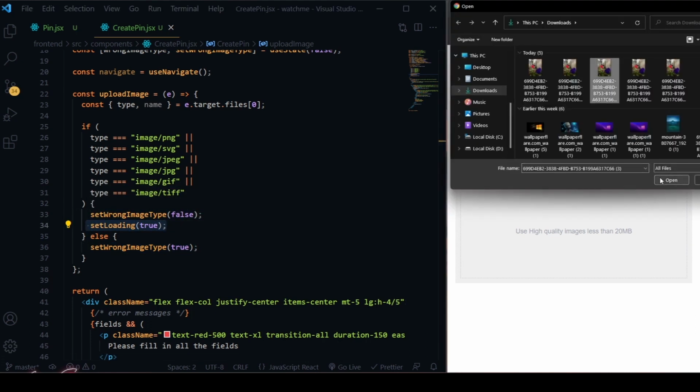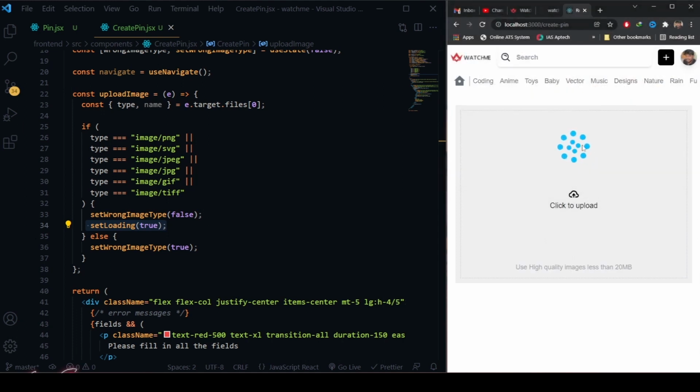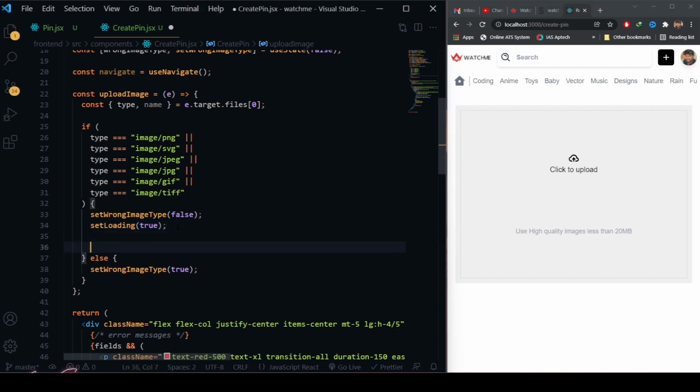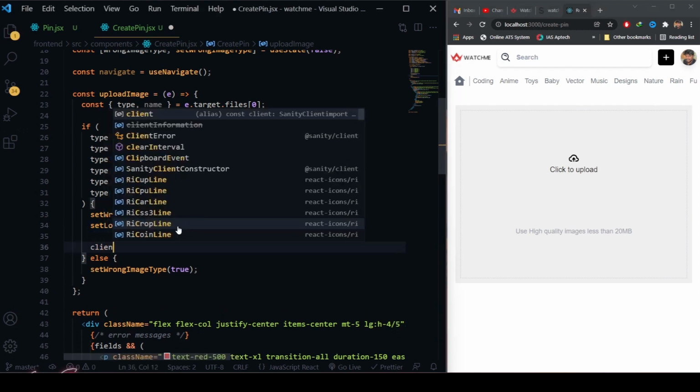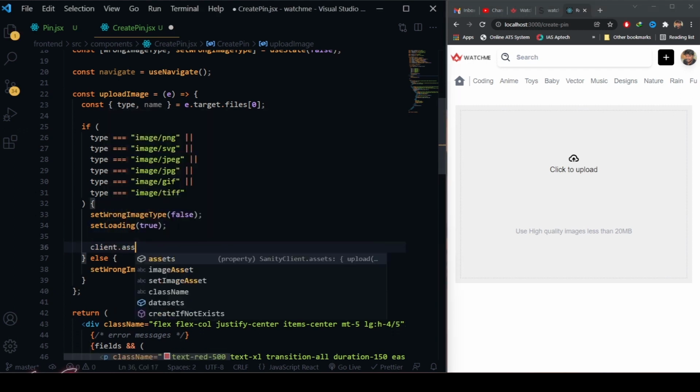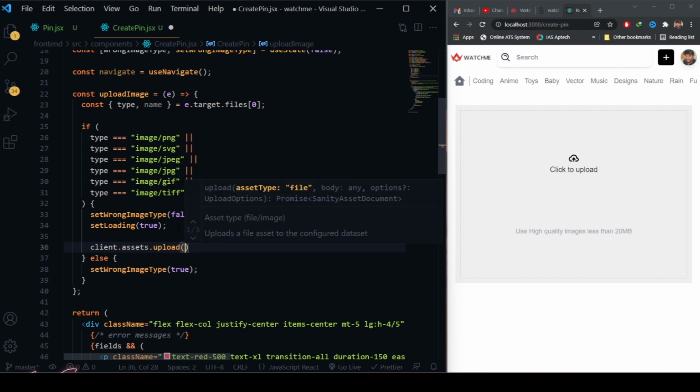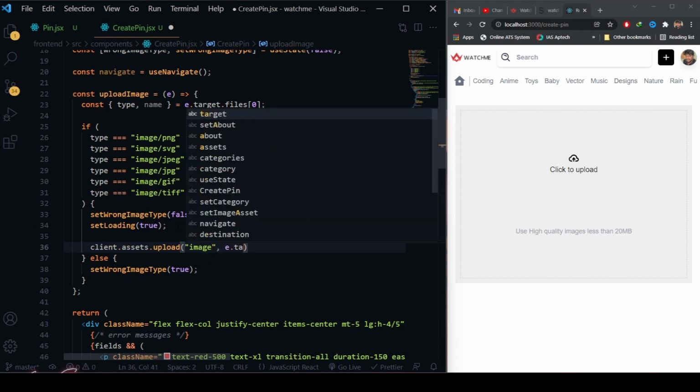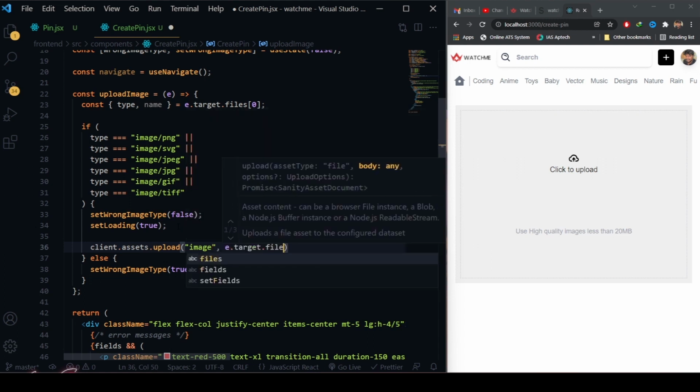If I choose this, look at that, it's working. The loading keeps on loading. Okay, cool. Now, after the set loading, we need to access the client.assets folder, assets.upload. We need to upload that asset. What is that upload? We are going to upload it as an image. And what is the file? e.target.files